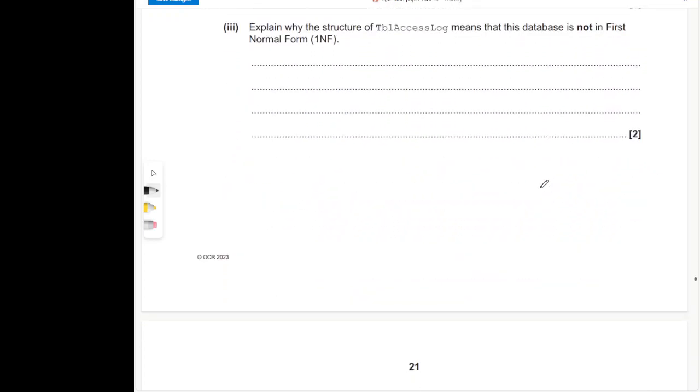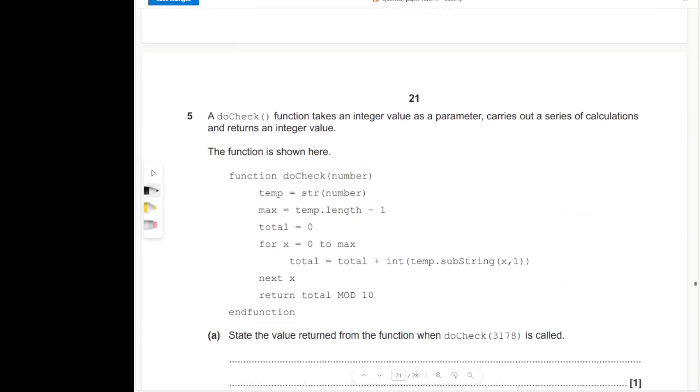Okay. Did that finish? Right, so that was the end of that one. The database questions, I do not